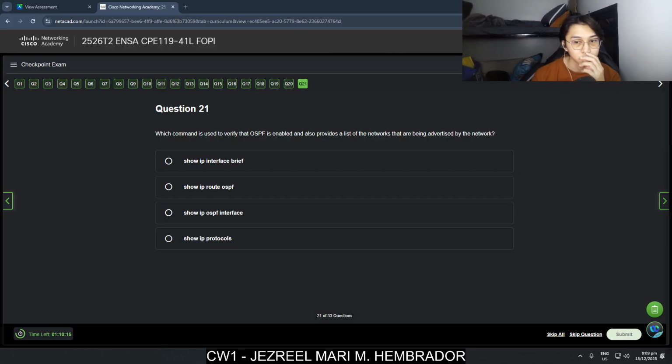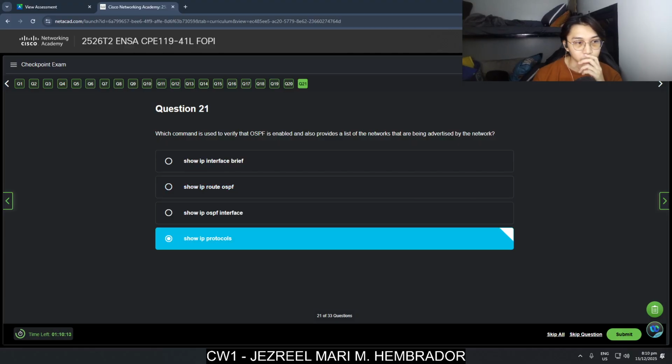I think it would be show IP protocols, because the command show IP protocols checks that OSPF is enabled and lists the networks that are advertised.